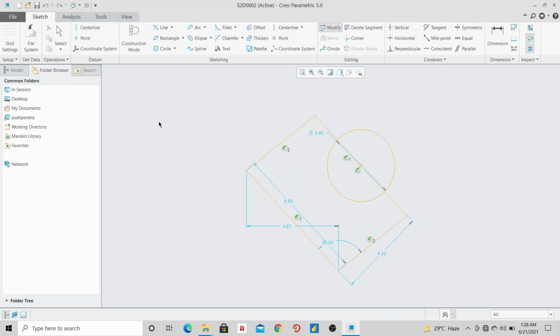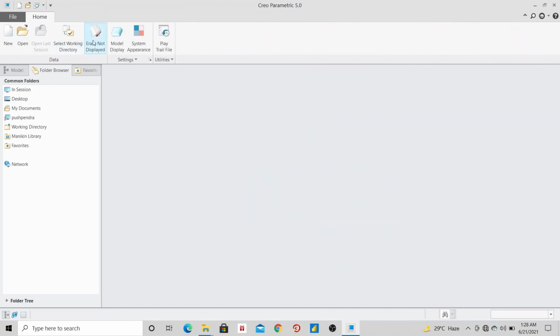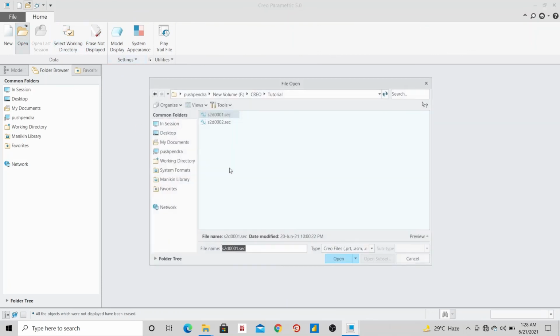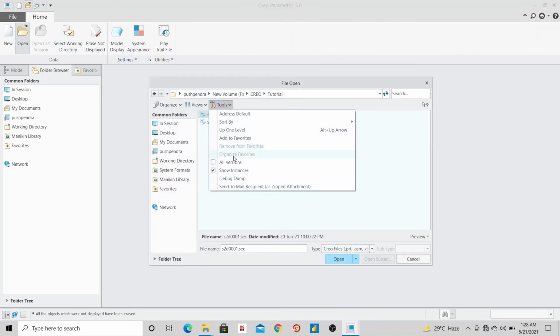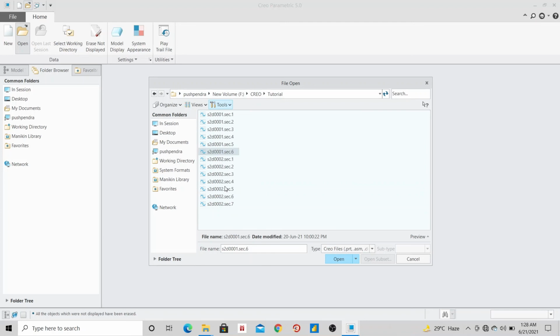So from the tools all versions, you can fetch out the previous data that you have saved. But if you have deleted that, if you have consolidated your data, then you cannot fetch it out.